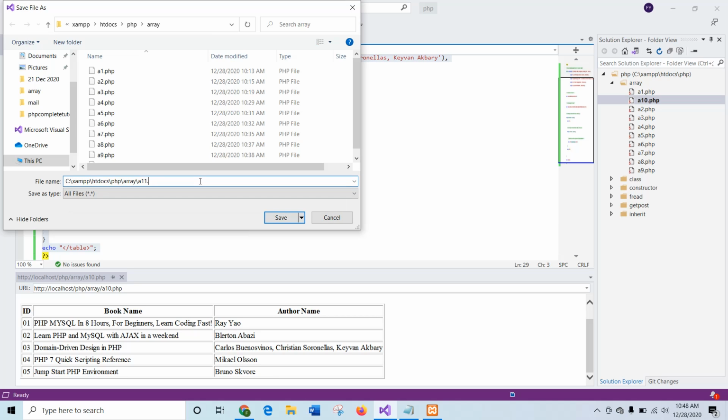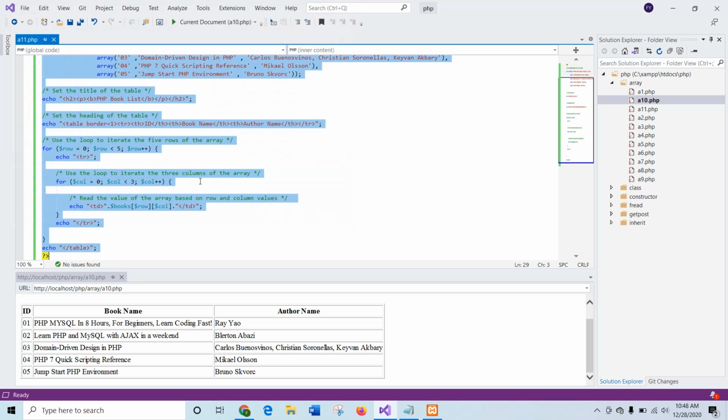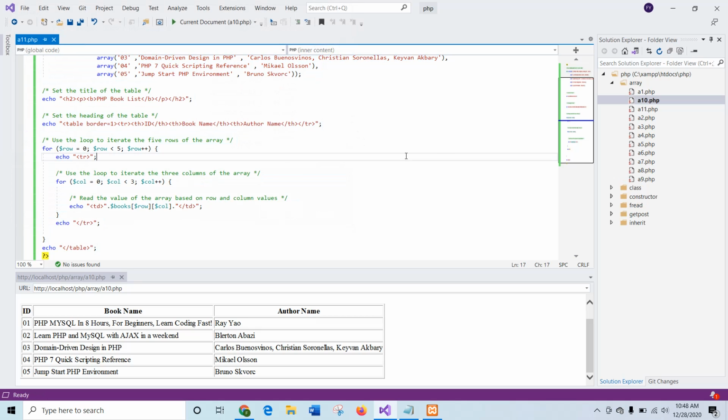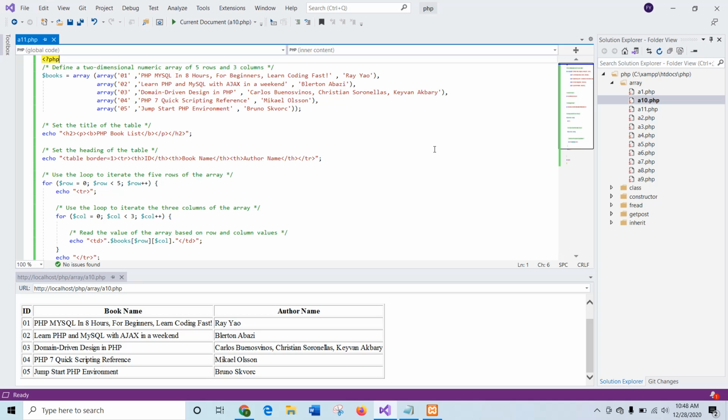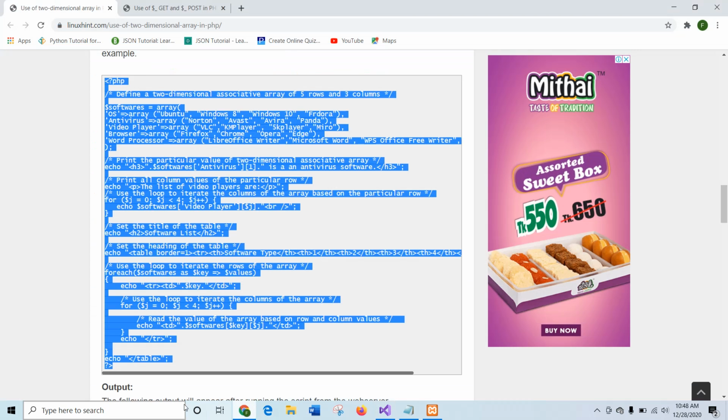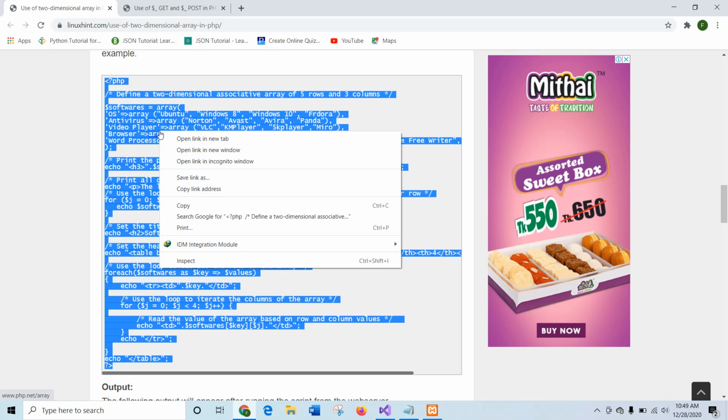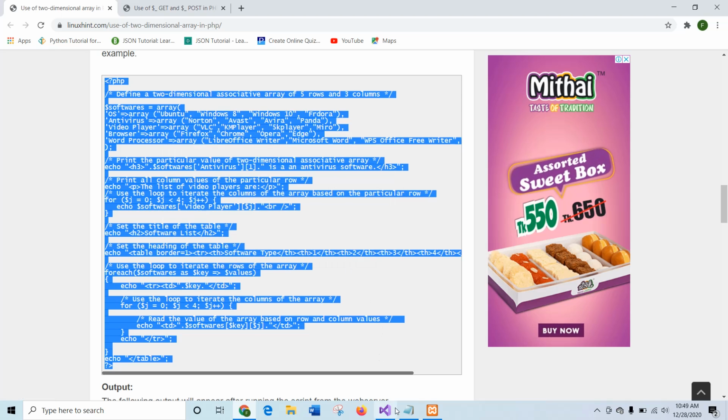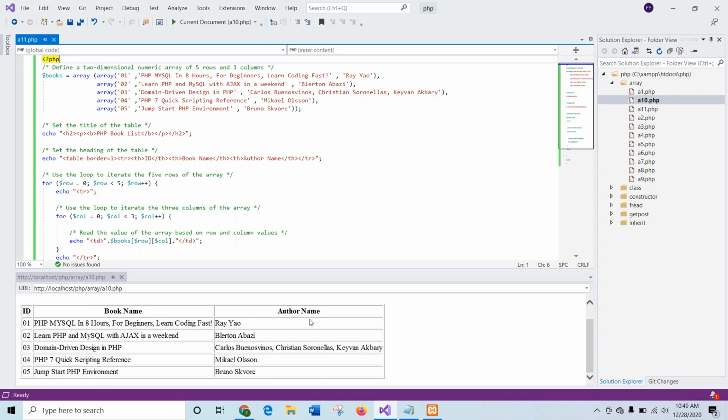A 11.php. Okay. Here, books array also contains, which example is this? Now I will copy this script and